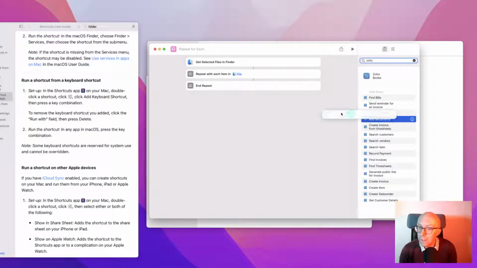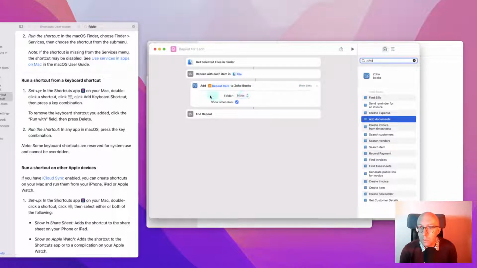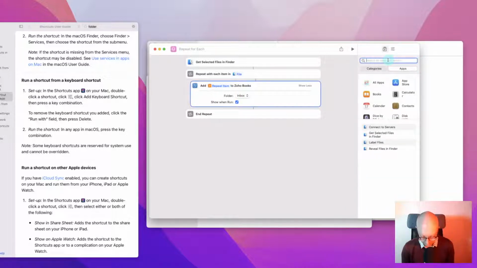That's what we want. Good. Show more. Folder inbox. Show when run. Great. I mean, we could delete again. It didn't seem to work last time, but why? You know what? I'm actually not going to delete right now because I don't want to lose those files right now. So, let's see. Add